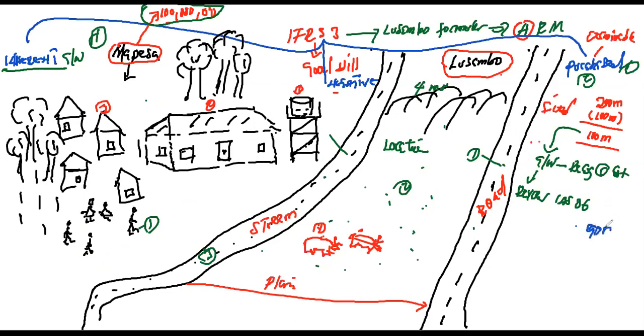Lusambo PLC pays 90 million. Have you seen? The true value was 100 million. But she sells at how much? At 90 million. That means there is a difference here of how much? Of 10 million. She has lost. Have you seen? Because she has lost, this difference here is what we are calling negative